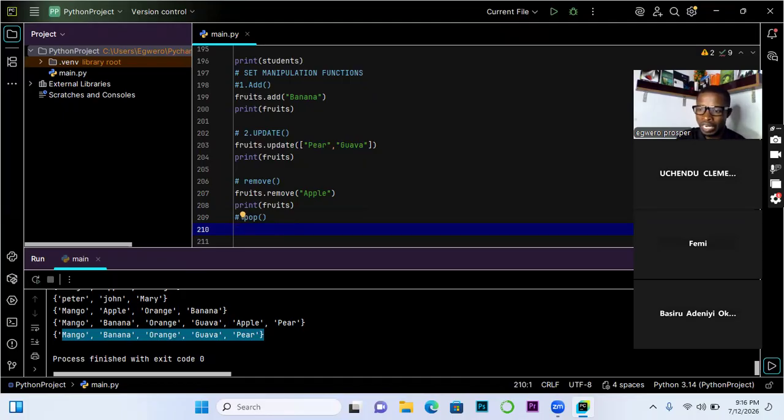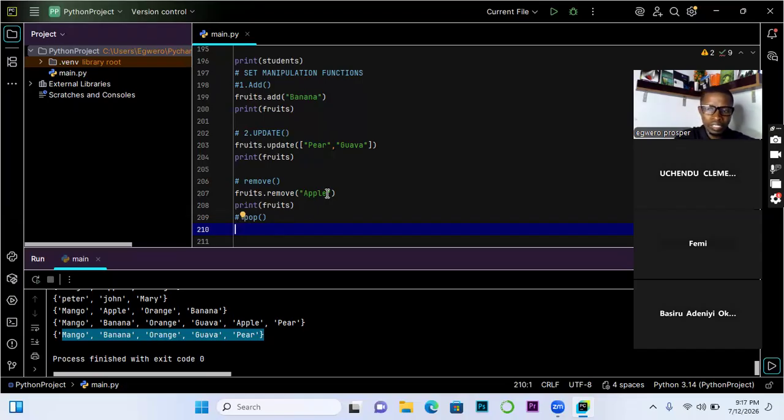Here we used remove, and we were specific about what we wanted to remove. But if you are using pop, it's going to remove a random item. So let's see how it works. We'll find out which one it removes.